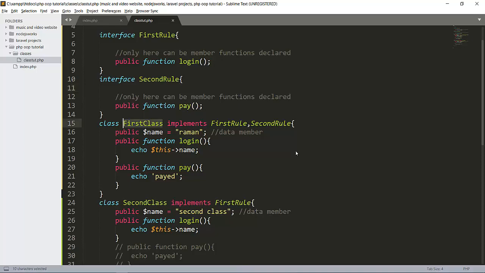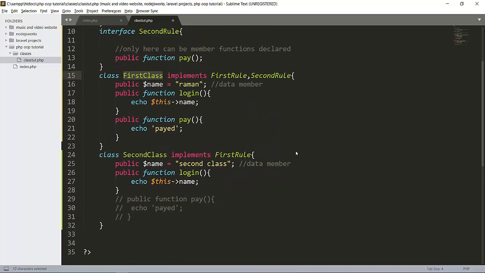If the user is already logged in, this function will not come. See that there are two classes here, so there are two methods here. This is for a payment gateway, like this is for Paytm and this is for PayPal.